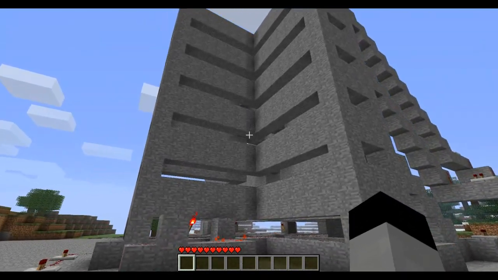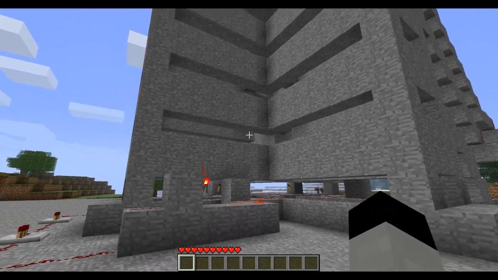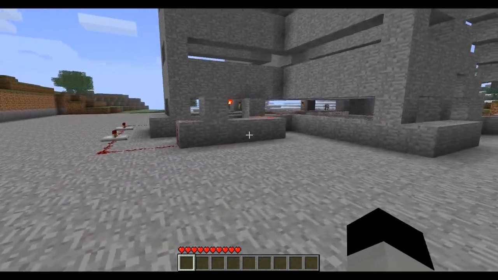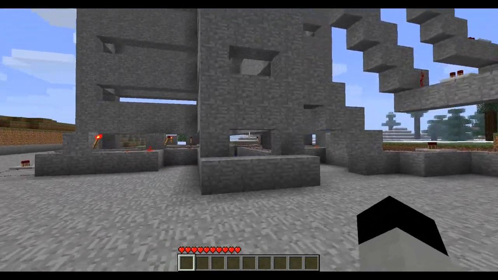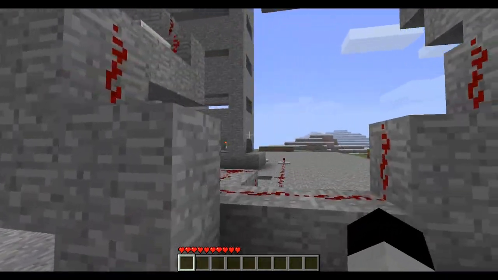Now, despite looks, this is actually made entirely out of obsidian, but because obsidian is extremely dark, it's really difficult to see the contrast between it and the shadows. So for the purposes of the video, I went into the terrain.png and reskinned it to look like stone. Now, it runs on